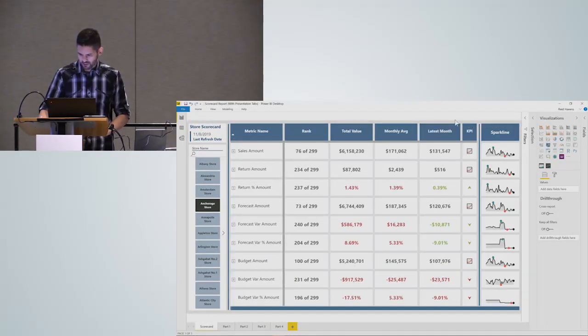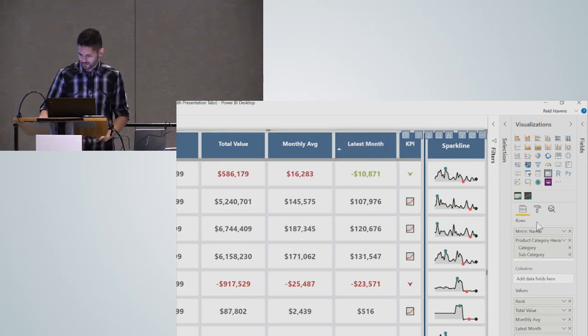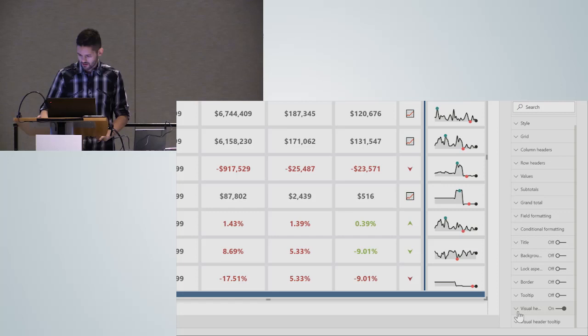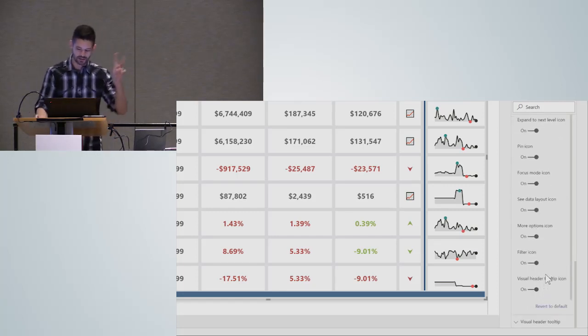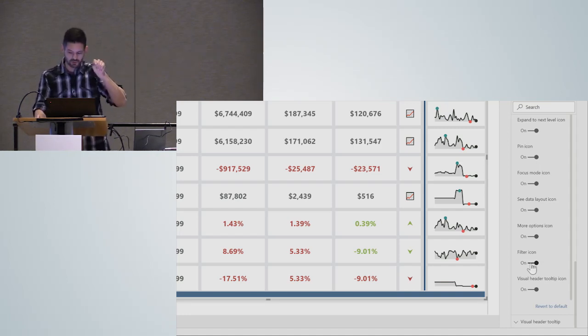So yeah, per any visual that you have, and like I said, it's going to be buried. But if you go to the format settings for that visual, gotta click inside the group. There we go. And it is buried all the way down here. And you have to scroll twice. Notice that when I expanded it, it looked like it ended on the filter icon down here. And then if I kept scrolling, then this other toggle showed up. This has to be turned on for this option to even show up in Power BI.